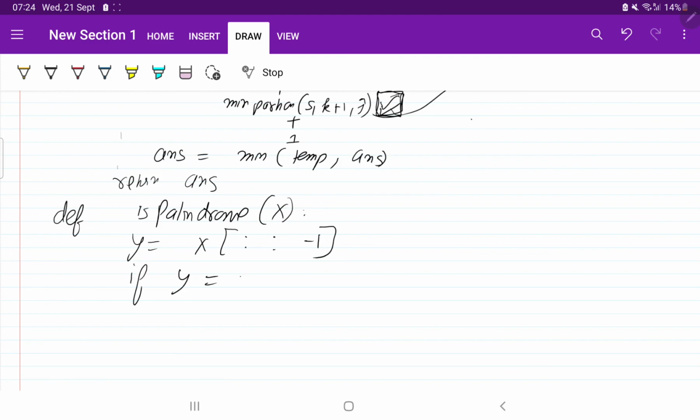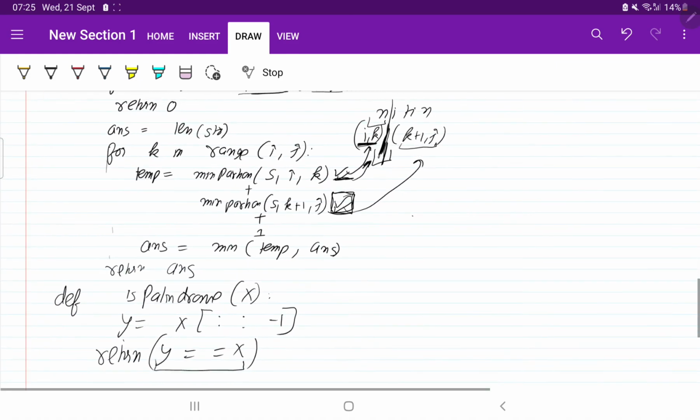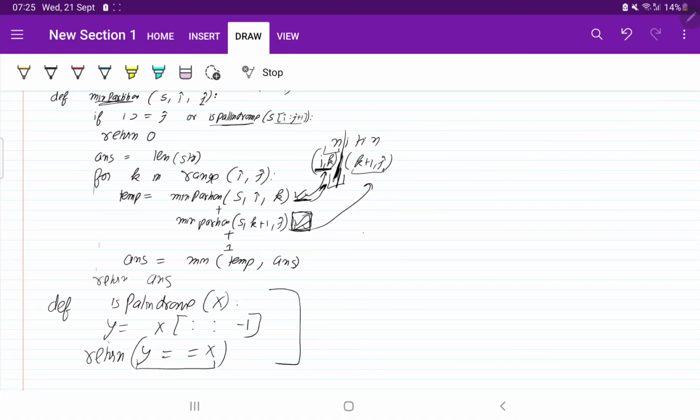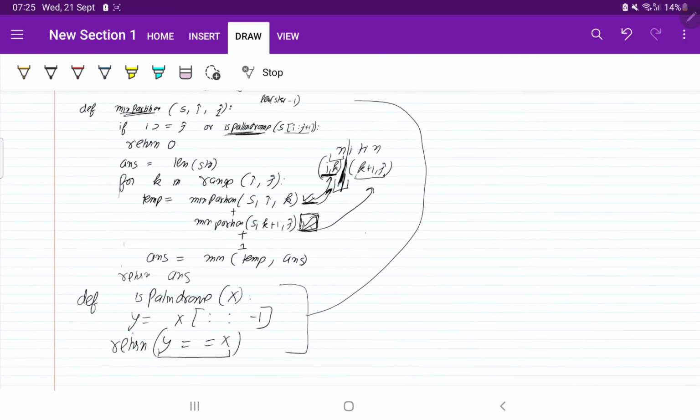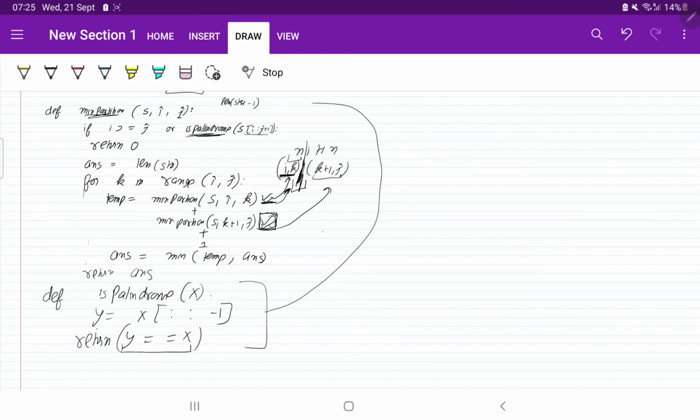So if y equal to x, if both the strings are same, let's return directly, return y is equal to x. So if they are equal, it will return true, otherwise it will return false. And one more thing, you need to define this function above this function, because we are using it here. So please define this function above the given function. Okay, so this is done.